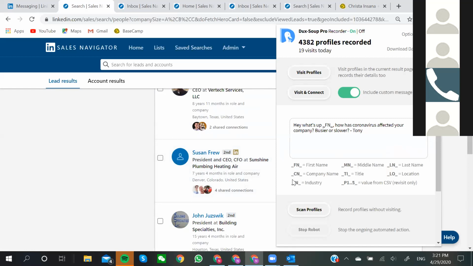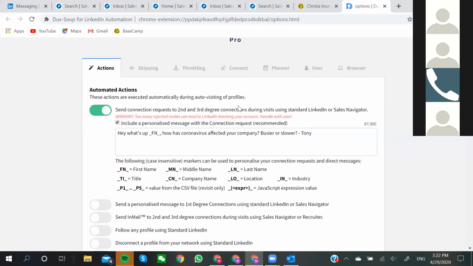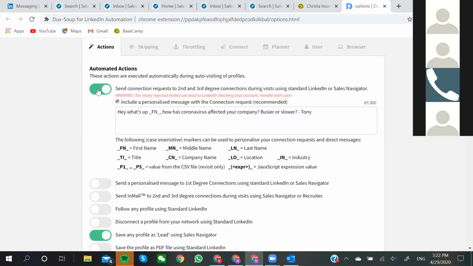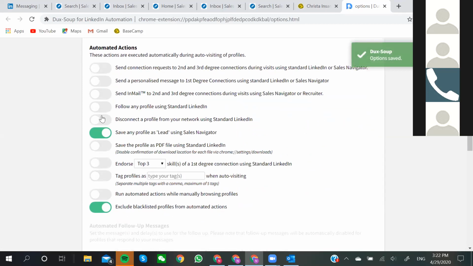All right, so this is DuckSoup, and I'm just going to go to settings so you can kind of see if you need to change anything. Here's automated. So this is just exactly from the script. And I put company just in case on accident there's like an HVAC or something else put in there, and I'm not going to say just plumbing company so they don't reach out and they're like, I'm not a plumbing company. But you don't have to have that on. You can also turn this off,